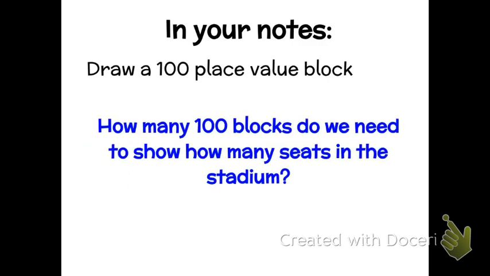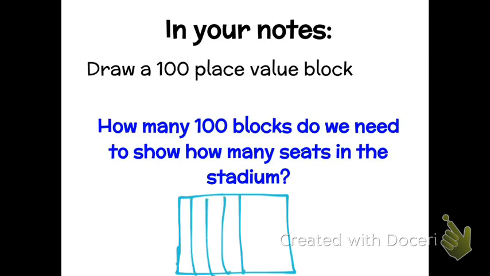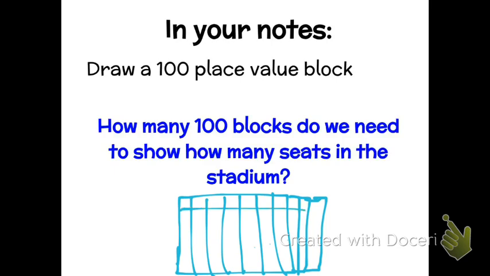All right, now in your notes, I would like you to do your best to draw a 100 place value block. Okay, the hundreds block is a square. So when I was doing mine, I started off by drawing my square and separating it into 10 sections, going up and down. 1, 2, 3, 4, 5, 6, 7, 8, 9, 10. And then I have to do the same thing, going the opposite way. 1, 2, 3, 4, 5, and 6,